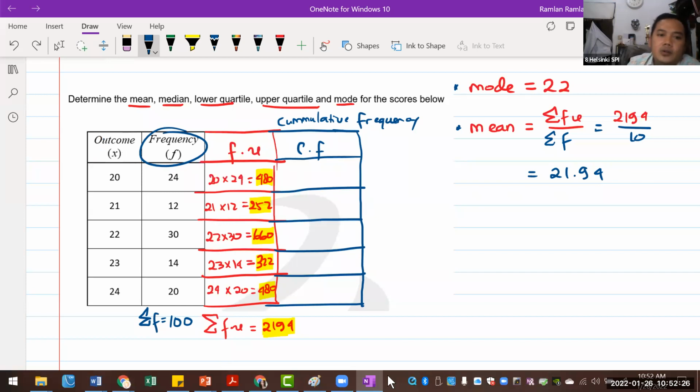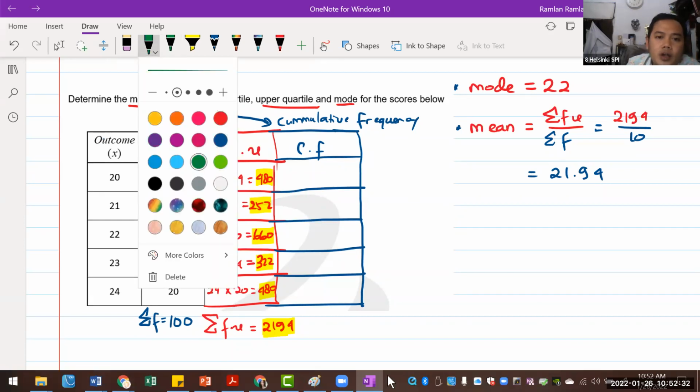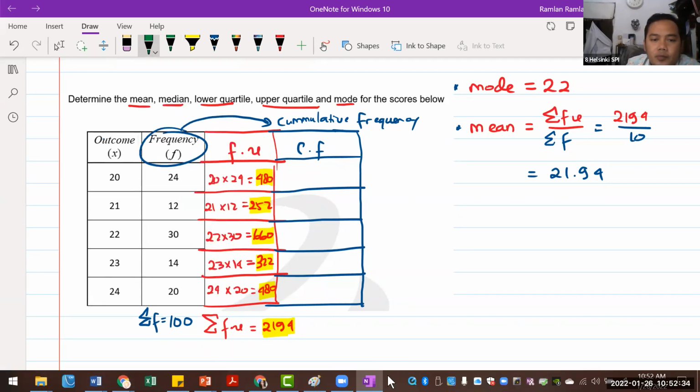So you only need to focus again on the frequency. So this is how you write it down. The one on the top, the first data that you write down is 24. It's the same exact thing as this one, the same exact value. The next one is